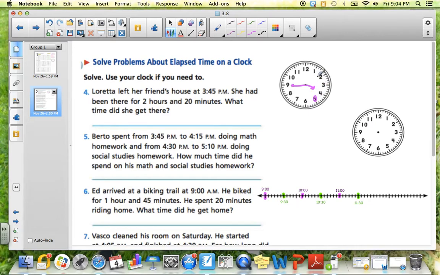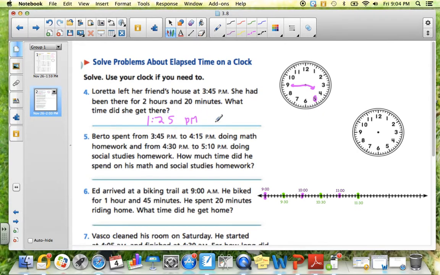So 1, 2. And my new hour hand will be somewhere around here. So I know that she arrived there at 1:05. 5, 10, 15, 20, 25. So our answer is 1:25